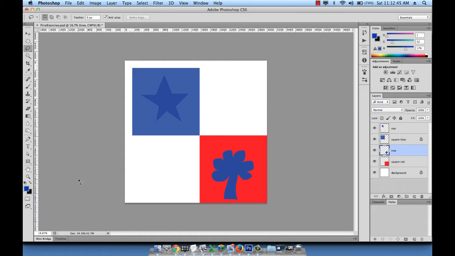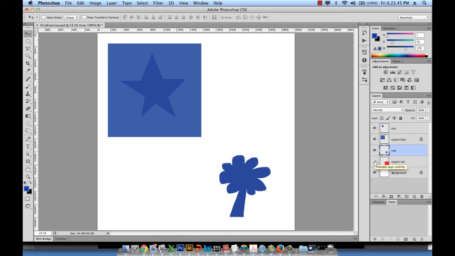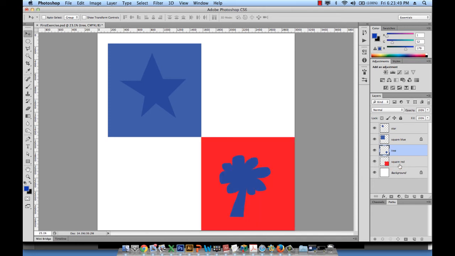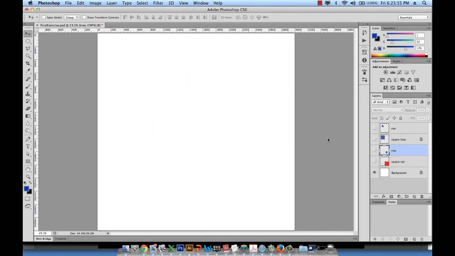holding down the Command key and then the letter D, Command D to deselect. Now let's go to the magic wand and let's hide these layers. Let's see how we can hide layers. You see this icon of the eye next to each of the layers. If you click on the eye, you hide that layer, which means you didn't delete it, you just are hiding it. So that's what I want to do with all of my layers,